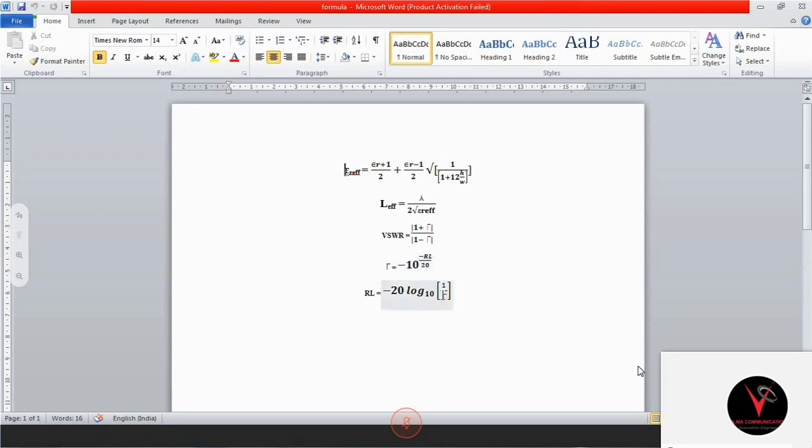First, you know about the return loss value. To find the return loss value via graph, our graphical representation value is around minus 13 point something. You should apply it here. You should find the tau value here. So tau is equal to 10 power minus RL divided by 20. You apply this, which means you get tau. Then you apply the tau into the VSWR formula, which means you get the exact VSWR value of our graphical representation. This is also one of the theoretical comparison methods, theoretical verification methods.